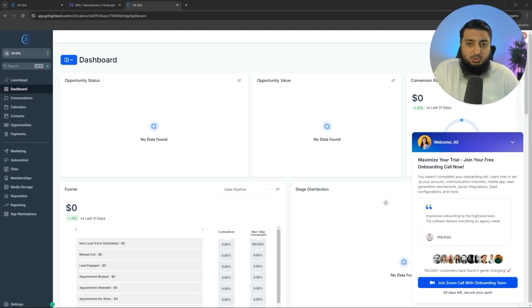Now that we have the snapshot installed, the main things that we want to do are edit and update our website, link it to the domain that we purchased earlier, and get our calendar set up, and make sure that's done. For any advanced versions of these, for example, advanced websites or automations,